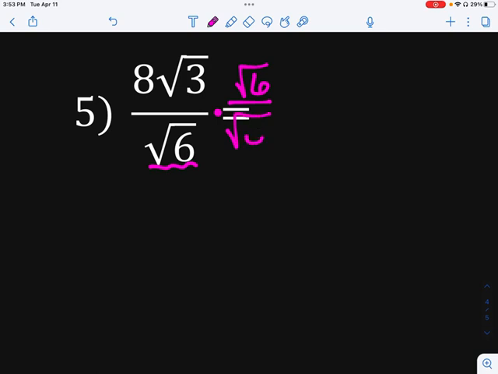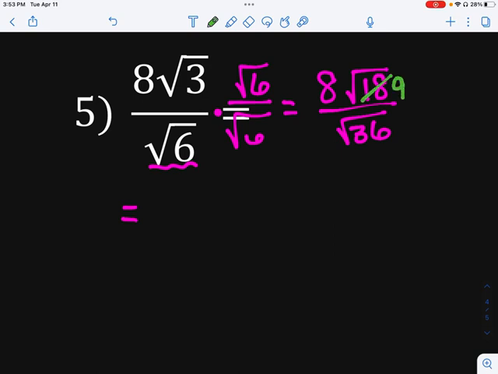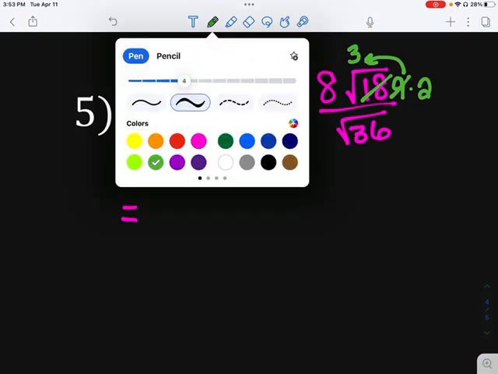So I'm going to multiply the numerator and denominator by the square root of 6. So that would get me 8 square root of 18 over the square root of 36. My next step then would be to simplify those. So 18 could go into a 9 and a 2. The square root of 9 is going to bring out a 3. So that's going to leave me with